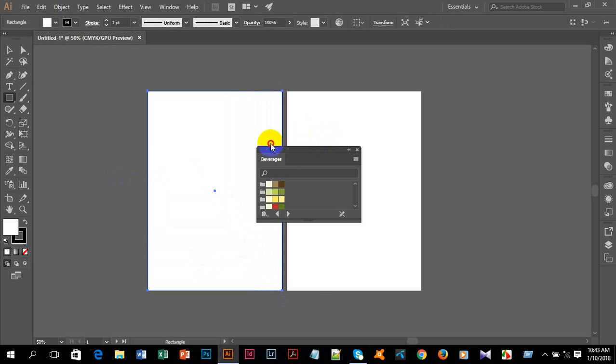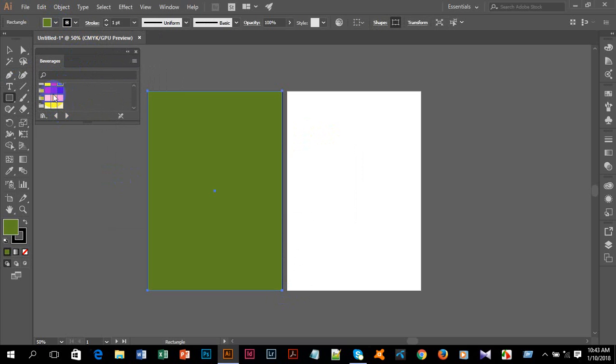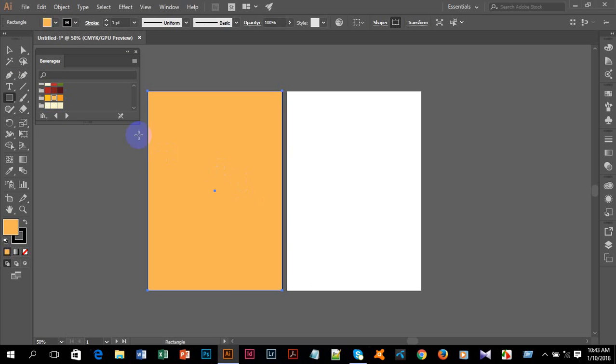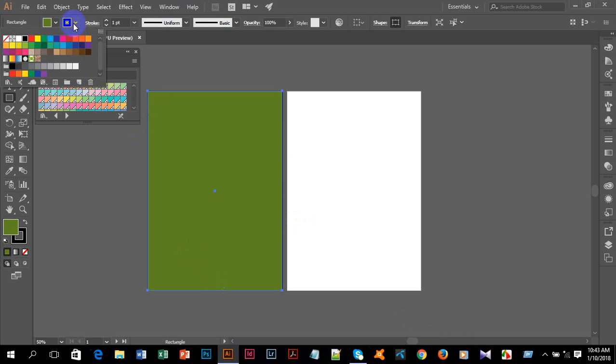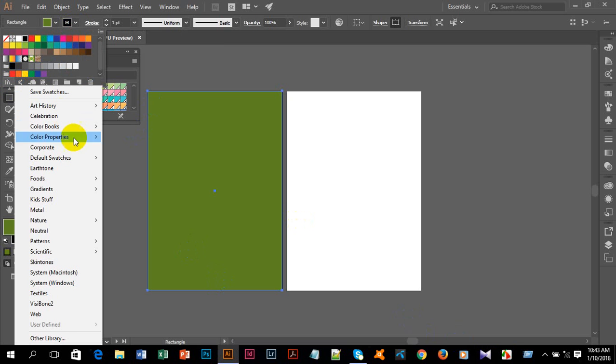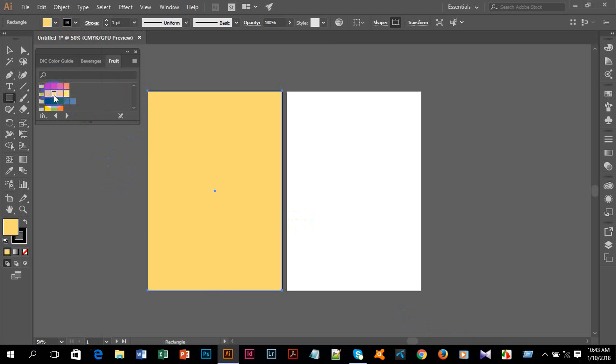Take any of the colors from there, because these colors are very good here. After that, go to the stroke color box and go to the library, again to Foods, and take the stroke color from there.